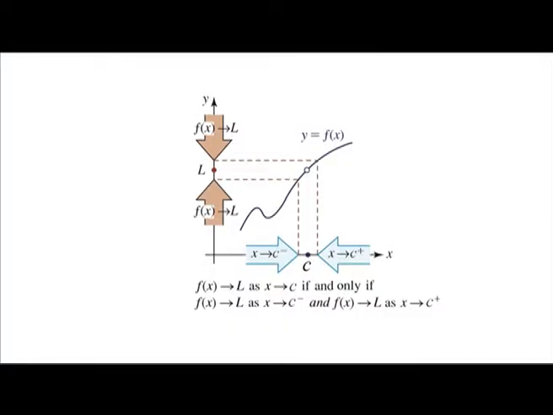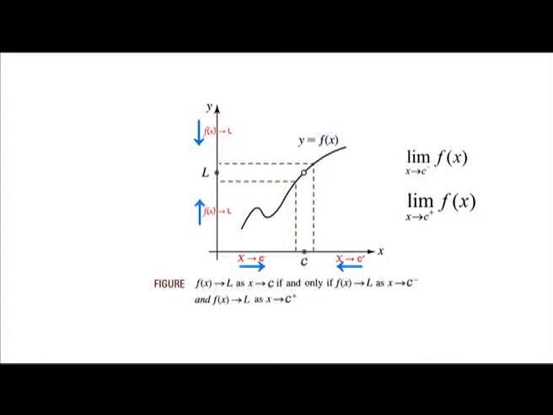We know that for a function f of one variable, there are two one-sided limits at a point c, namely the left hand limit, x tends to c minus of f(x), and the right hand limit, x tends to c plus of f(x), reflecting the fact that there are only two directions from which x can approach the point c along the x axis, the left or right.